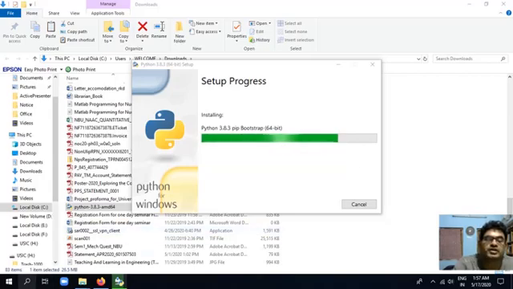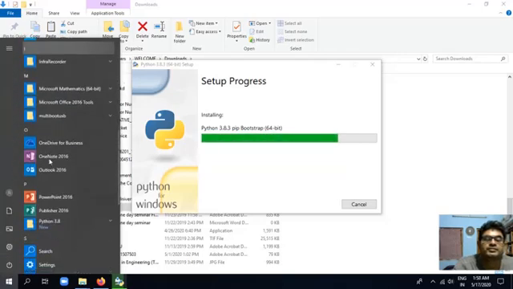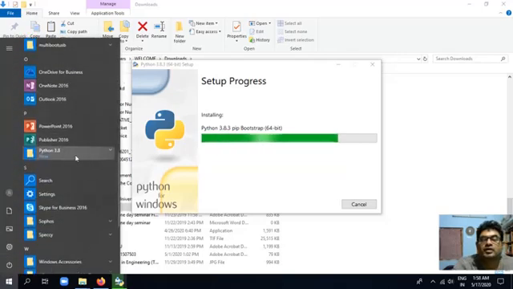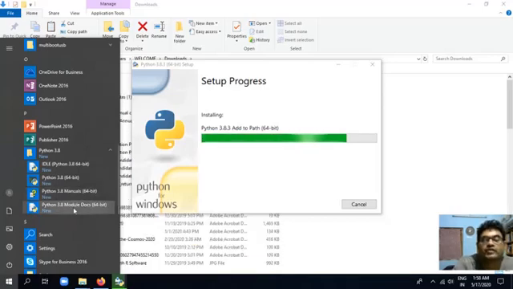After installation, if you see the start menu, it will come here. Already the folder has been created. This is IDLE for Python, where you can write your program. For help, manuals are given, and the docs are also given.